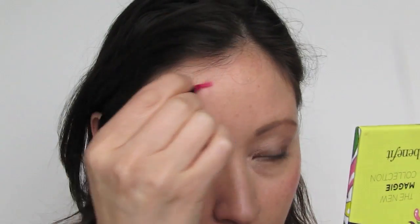Now we're going to move on to cheeks. And we're going to do that with a little bit of Benetint. You want to work quickly when you put on Benetint because it is a stain and it dries pretty quickly. I'm going to put a little bit up here along my hairline as well, because that's where the sun naturally hits, and so I'm just mimicking a little bit of a sun-kissed look that way. I'm concentrating the color more around the apples of the cheeks